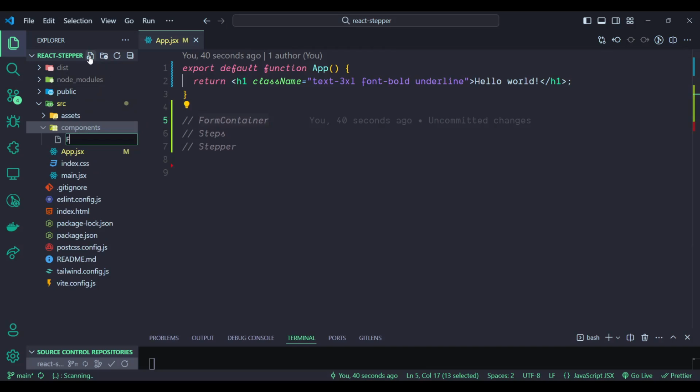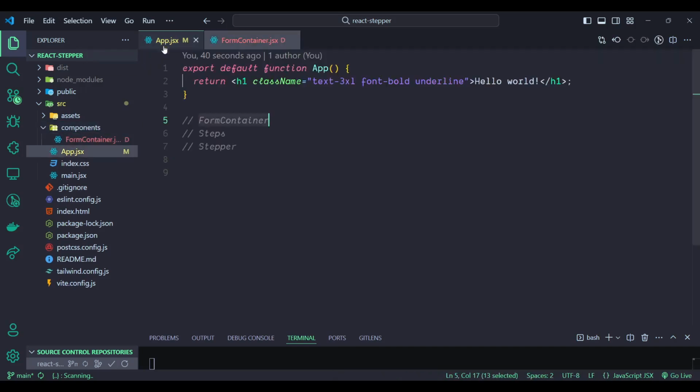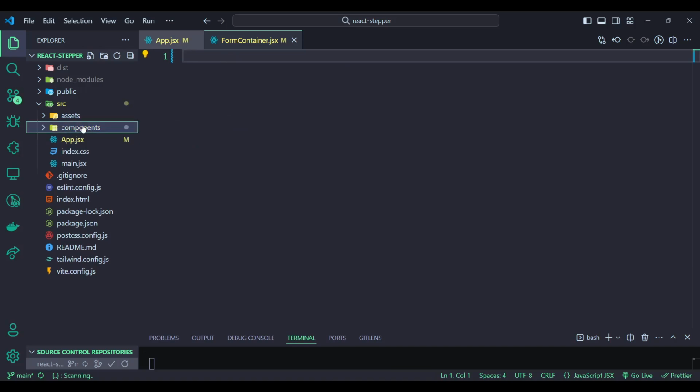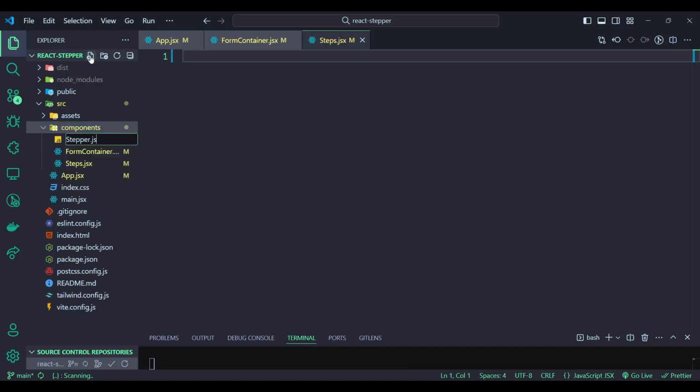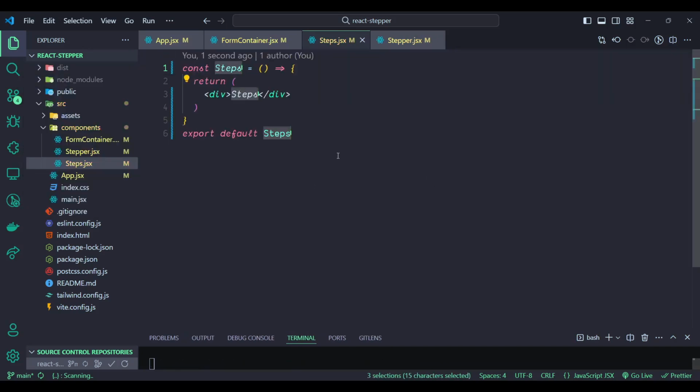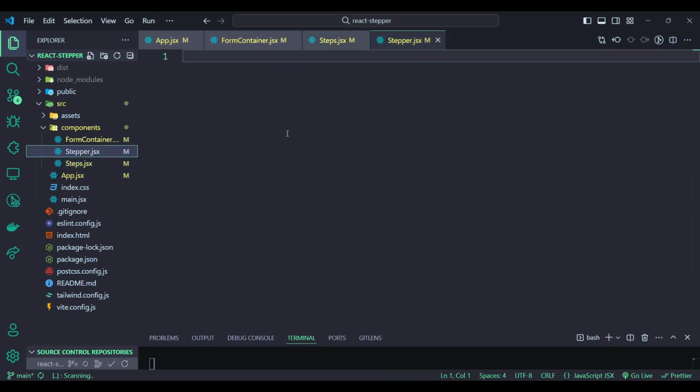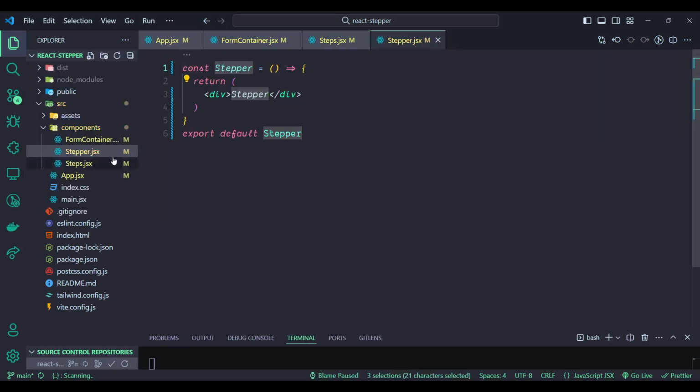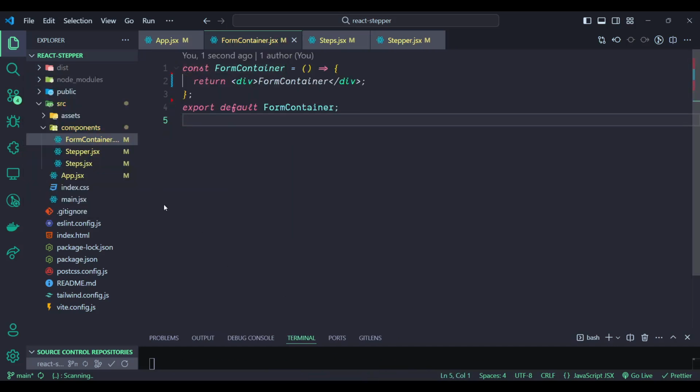So it should be a JSX file, and I will create steps and stepper both: Steps.jsx and Stepper.jsx. I can use RAFCE as a shortcut to create a functional component. Cool. So I have these three components ready, and I want to import this form container here in